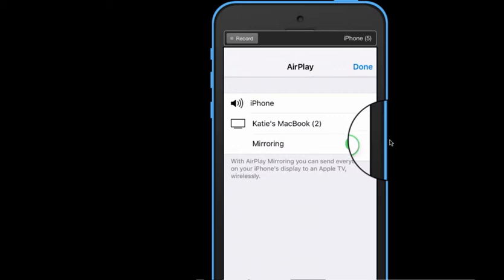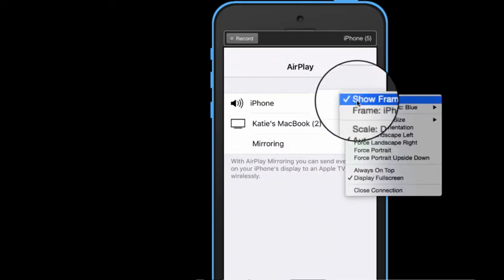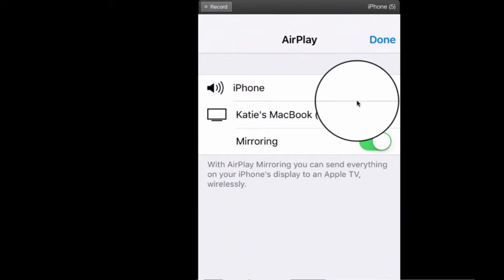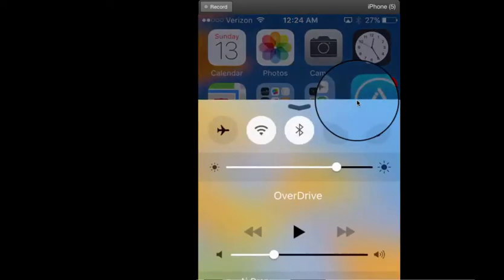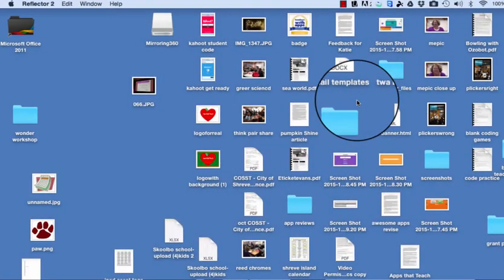If I wanted to, I can hit show frame, and it will put a frame around my screen that makes it look like an iPhone, so everybody knows I'm on an iPhone. If you do this, it greatly decreases the size of the iPhone screen, not to mention I think it's a bit distracting and unnecessary. So what I do is I always unclick show frame, and in my opinion, it just looks cleaner and way less distracting. So this is the way to go about doing that. Just hit done, and I can go right back to what I was doing. A great tool to use. So I'm going to unmirror,